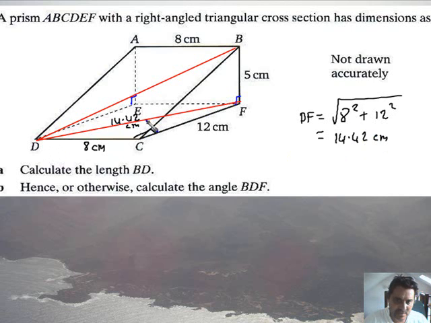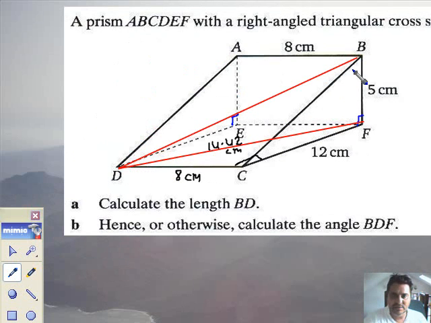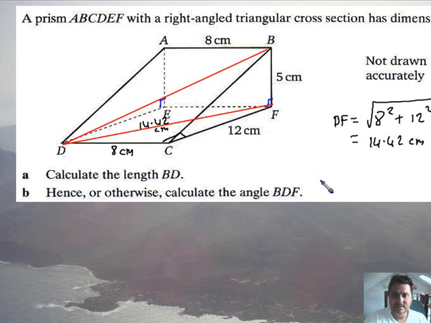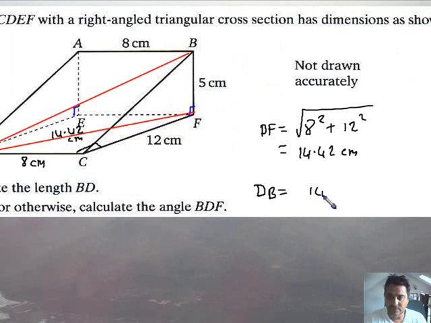14.42 centimeters. Now look what I've got here. I've got the triangle BDF ready to go. I have an opposite of 5 and an adjacent of 14.42. I'm not asked to calculate an angle, it's just length. So we're using Pythagoras again in 3 dimensions to work out BD, and we've not touched any trigonometry at all so far. So I've got that and that. It's yet another Pythag. Therefore, DB, which is what we want ultimately, is 14.42